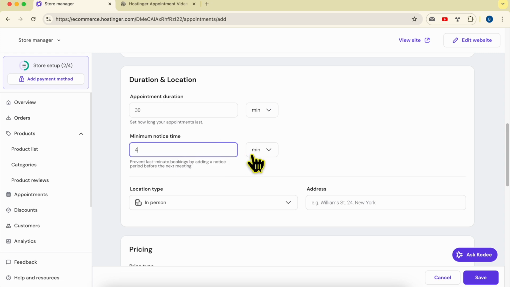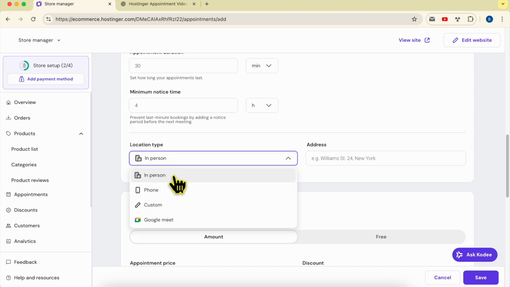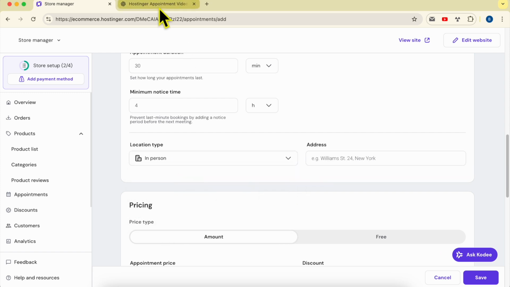So I will select hours, or the opposite, select the hour first, then fill in 4. For the location type, you can select between in-person, phone, you fill in your phone number, custom location, or a Google meeting. So I will go with in-person,